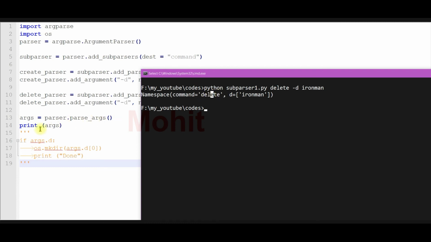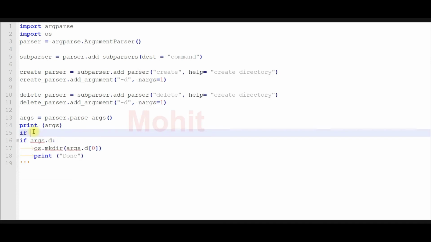Okay, so I'm making one more if statement here. If args command equal to create, then perform these options.